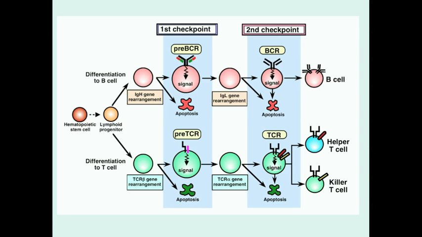Okay, so after heavy chain rearrangement, now you express antibodies on the outside of the cells, so you're starting to turn into a regular B cell. Some of those cells, since they don't express anything that the body finds to be useful, they're going to apoptose. Other ones will go on to light chain rearrangement. Some of those will apoptose. The ones that continue and go on and have their light chains rearranged and they don't apoptose, they'll now be considered immature B cells. So they'll express this B cell receptor. It's no longer a pre-B cell receptor. It is a mature B cell receptor, and so this is an